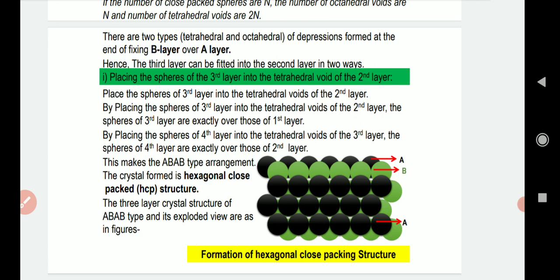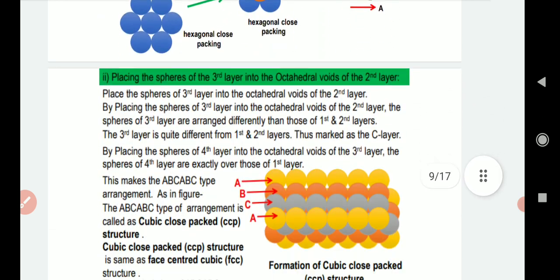So, by placing one above the other, you will find that the first layer matches with the third, and second layer matches with the fourth layer. Again, when you place fifth layer, first, third and fifth will be same. When you place sixth layer on that, on creating a tetrahedral void, you will find second, fourth and sixth layer same. So like that, in 3D you will get formation of hexagonal close packed structure which looks somewhat like this, which is shown. This is a 3D arrangement of hexagonal structure.